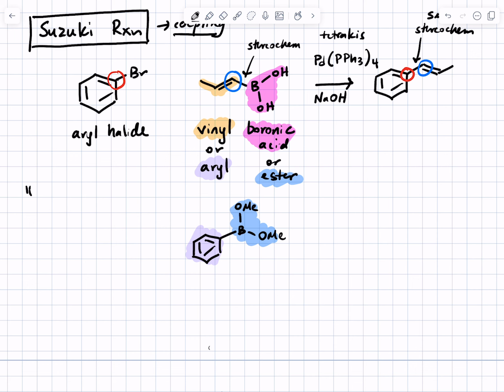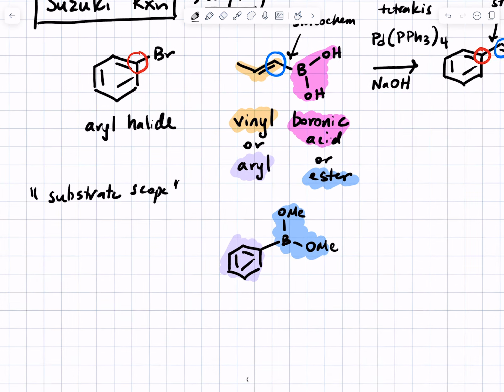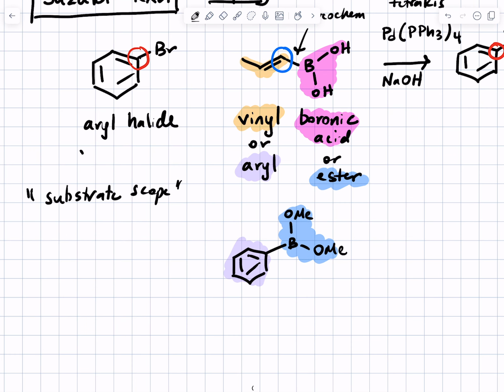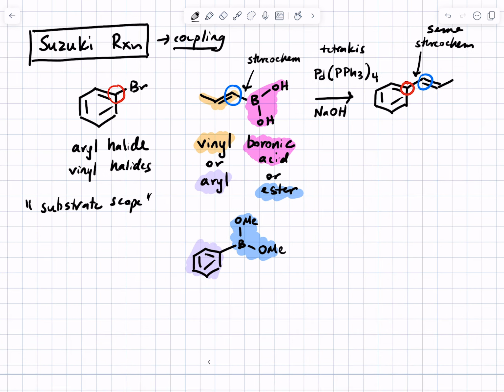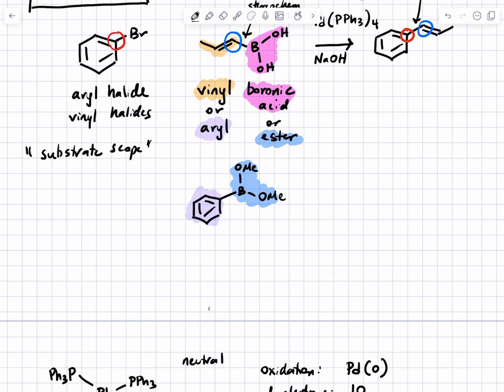We talked about something in reactions before called substrate scope. That is, what do the starting materials need to be? We said for the Suzuki reaction, you need a vinyl or aryl boronic acid or ester. Last time we focused on aryl halides as the other coupling partner, but it turns out that vinyl halides are okay too. So another example of a Suzuki reaction that works would be,